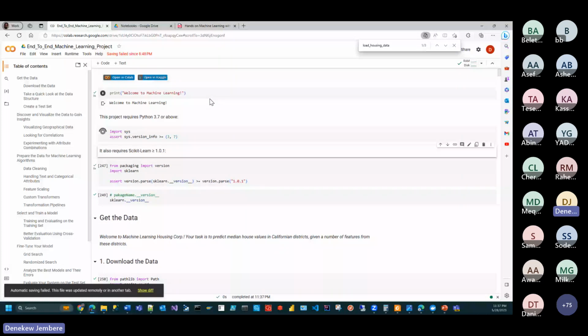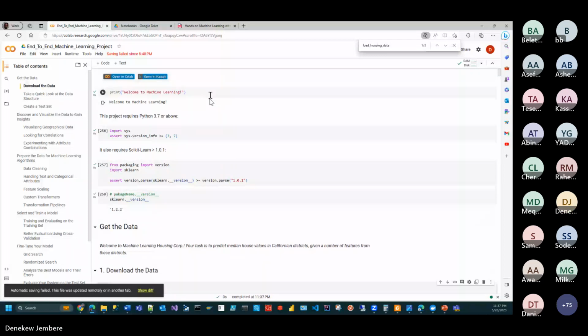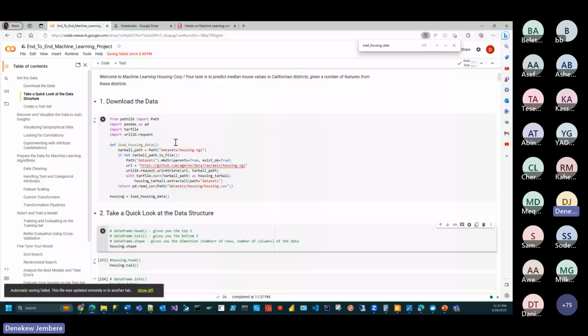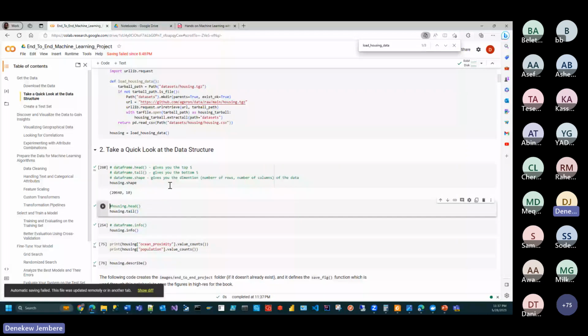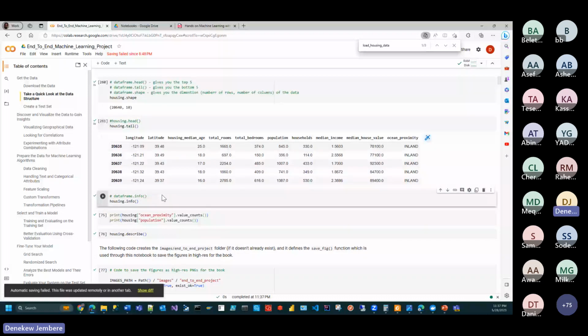This is run. Okay. And we have the data loaded. We have the shape printed, and we have the housing bottom printed, and now the detail of the data